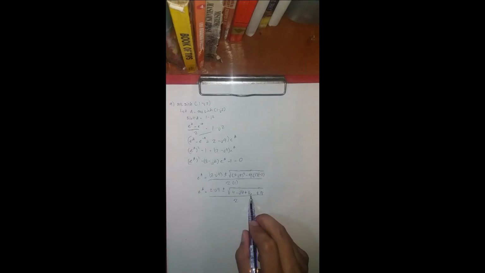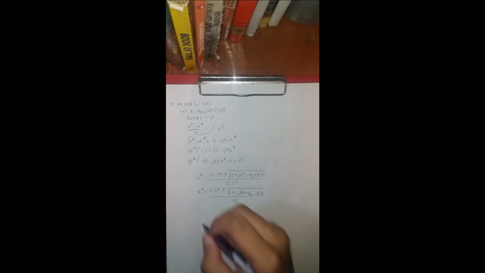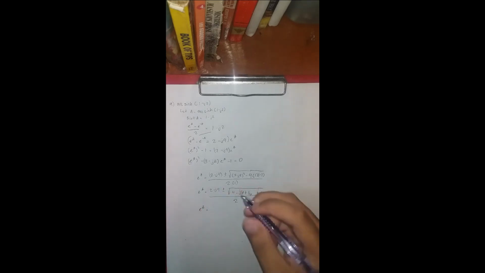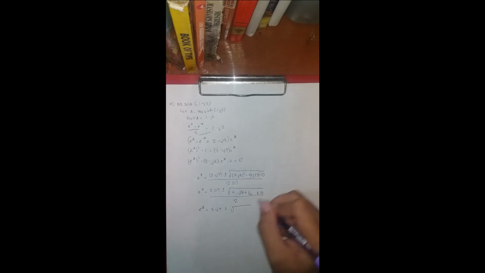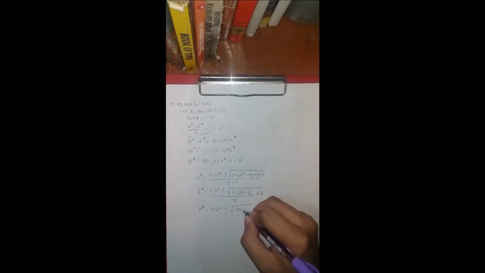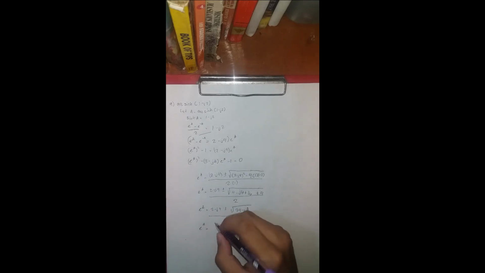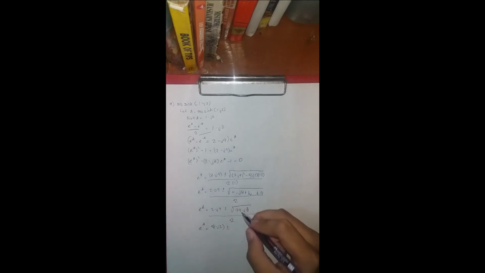Simplify this further, so we have 24. So e raised to a equals 2 minus j4 plus or minus the square root of 24 minus j8, all over 2. You can factor this out here, so a squared, e raised to a, so it's minus j, or you can factor this out already, so this will be 1 over 2 plus or minus, so this will be a,